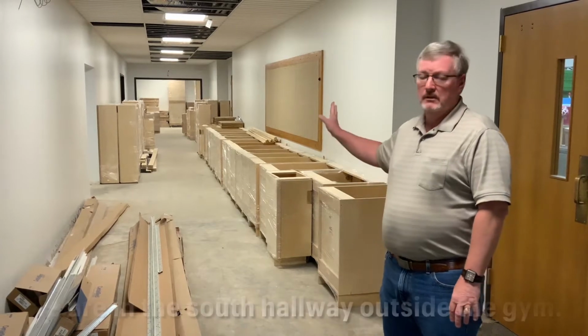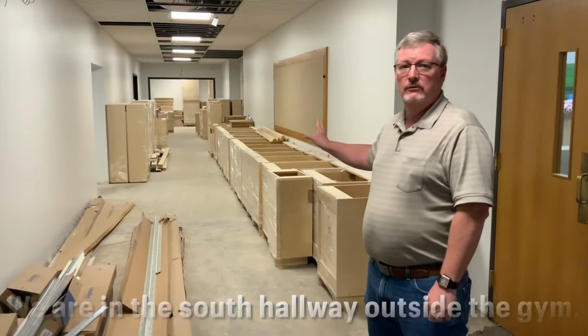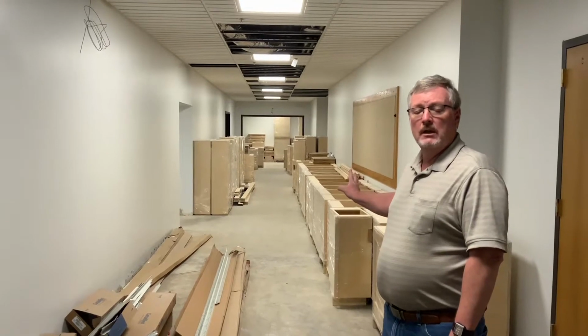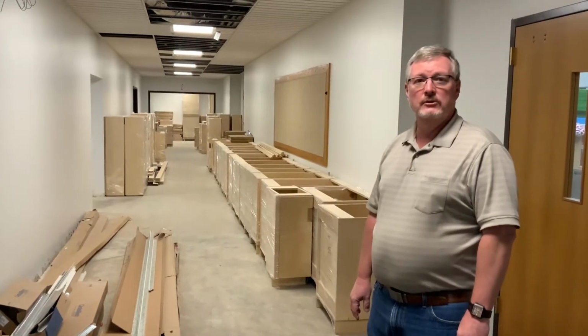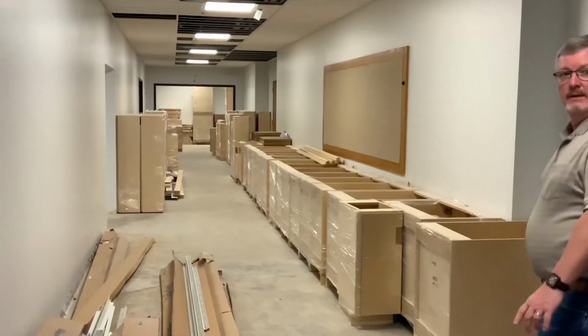This is the gym corridor that hasn't changed, except right now it's full of a lot of the cabinet work that goes in our new development. They brought a lot of this in here and we'll start installing it next week, beginning with upstairs. So you can see all those cabinet work here. As we go down this way,